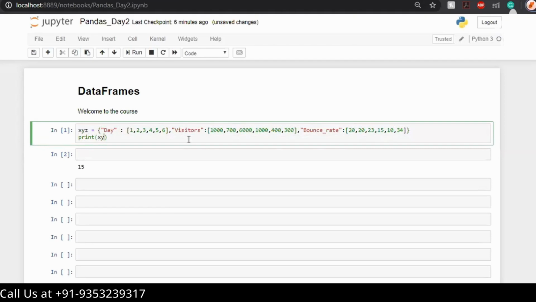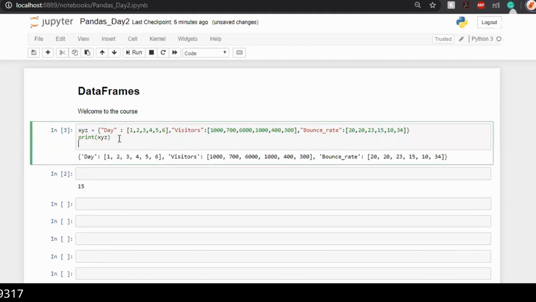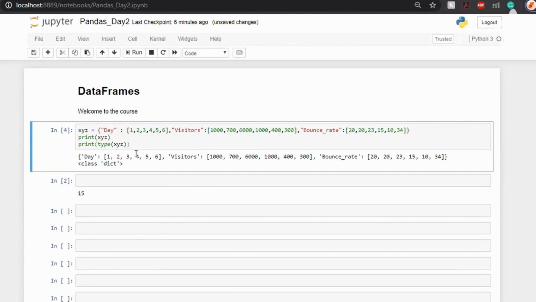Print X, Y, Z here. So you can see this is a dictionary type.